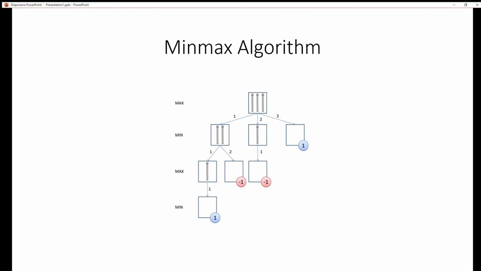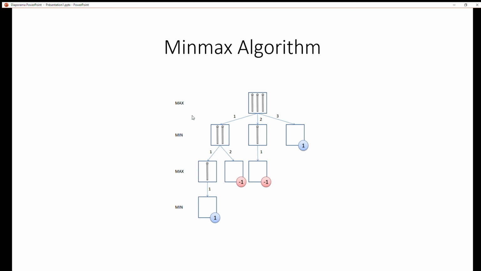The first algorithm is the min-max algorithm. To explain this algorithm, I will use a simple example, the NIM game. It's a game where we have n matches and the goal is to remove the last match. Each player, when he plays, can remove 1, 2 or 3 matches. For this example, we have two players: player Max and player Min.